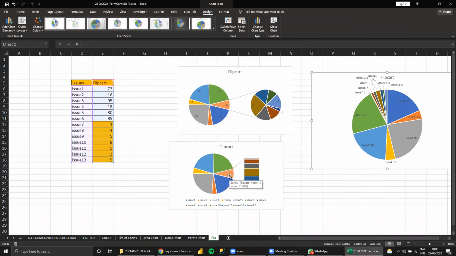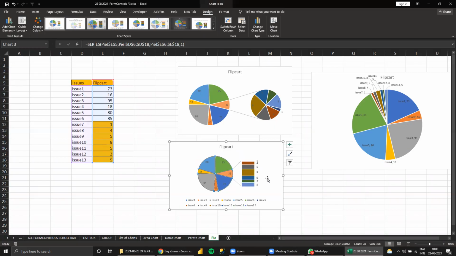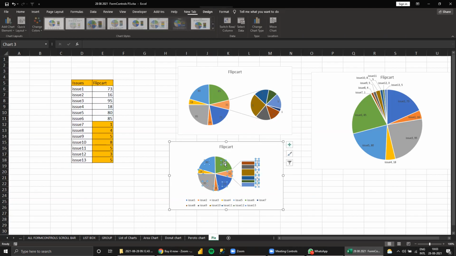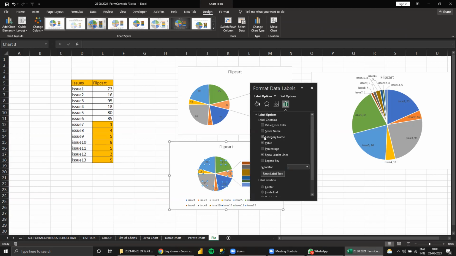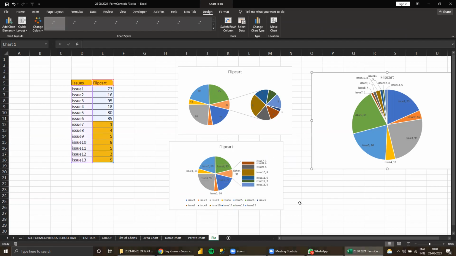So here, this 31 should be a separate chart. For that also you can add a label and see how it is. You can select format and category name also, so neatly you can see what it is.